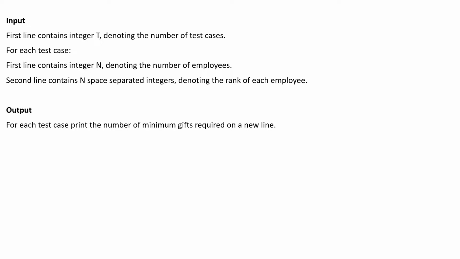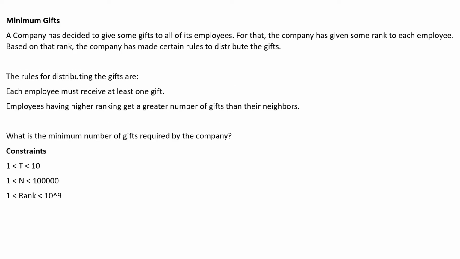And what output we have to display? We have to display the minimum number of gifts required by the company. And what are the conditions we are having? Already we saw, right? The conditions are that each and every employee must receive at least one gift. That means if we are having 10 employees, a minimum of 10 gifts we need, right? Now, what is the